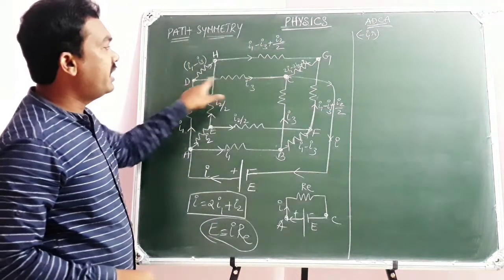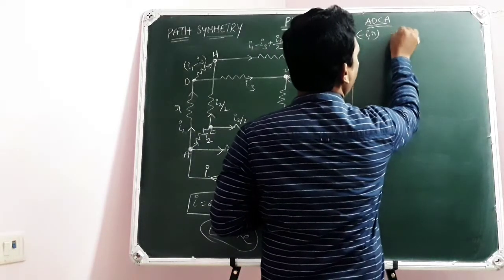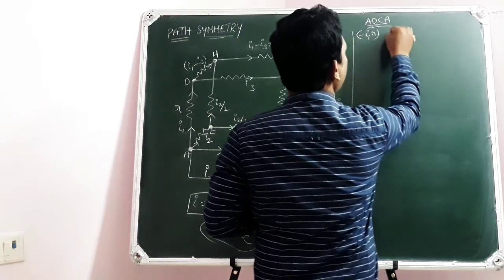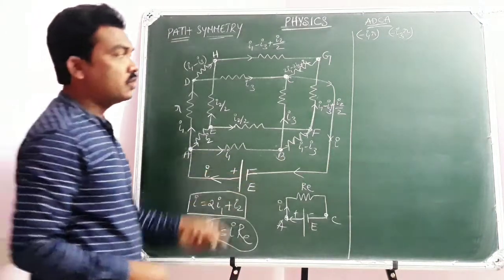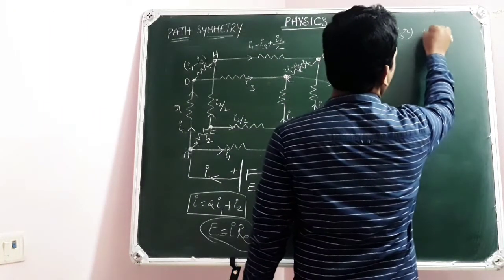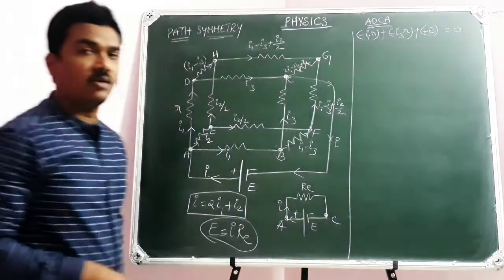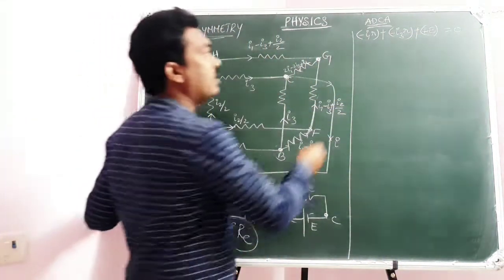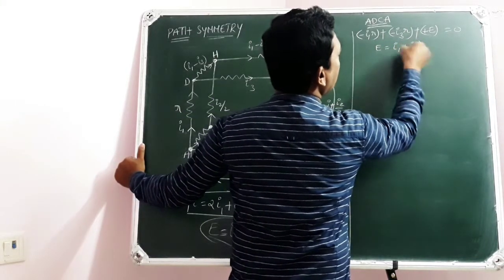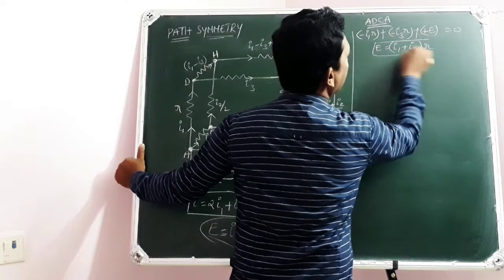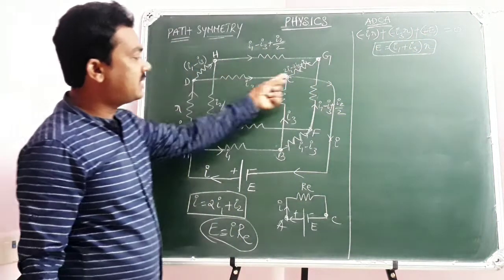Next, here D to C, again there is a potential drop. How much? I3R. As it is a drop, I have to write a minus. You learned KVL already. And from C to A, while moving from C to A, minus to plus, so potential rise, so plus E across the cell is equal to 0. Algebraic sum of all the potential drops in a closed circuit is 0. Then you can write E equal to I1 plus I3 into R. This is one equation from the closed loop A, D, C, A.